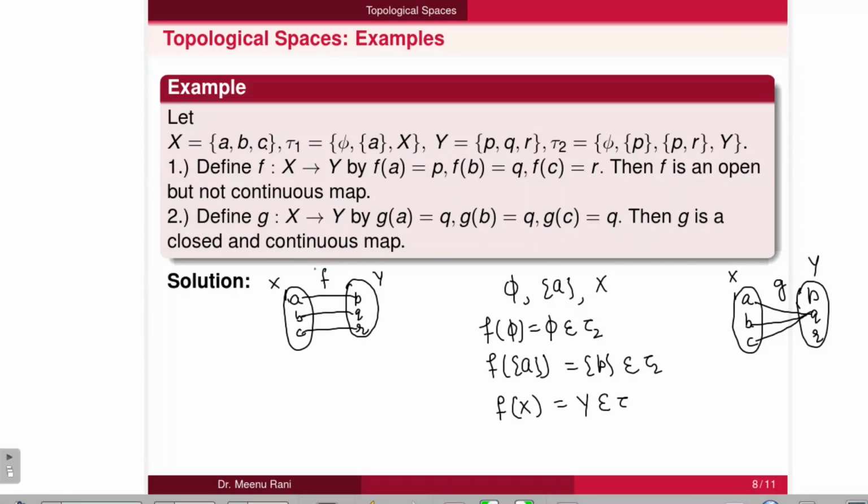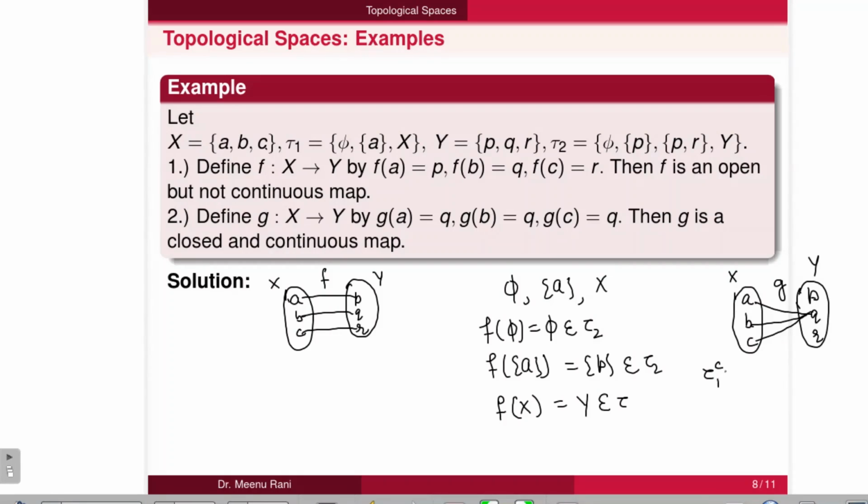As we have already checked the continuity of this function in the previous example, now we only check that this is a closed map. Now to be closed, if we take any closed set in X, then its image is also closed in Y. So for this we take all the closed sets.